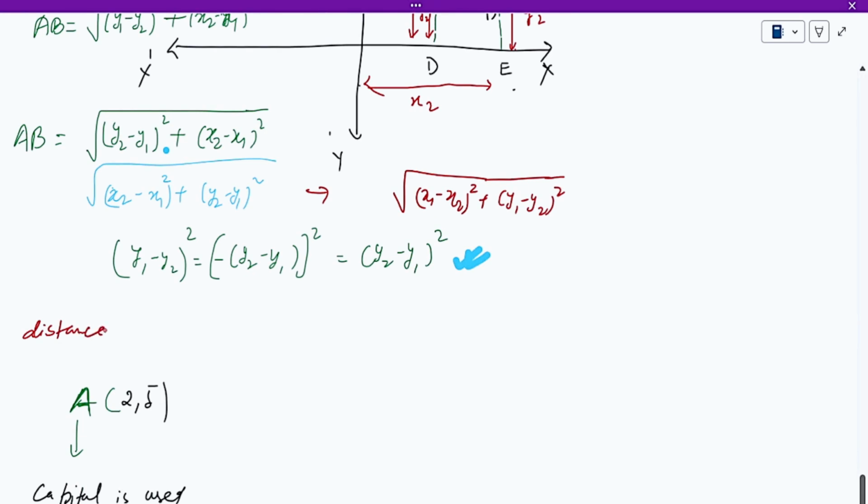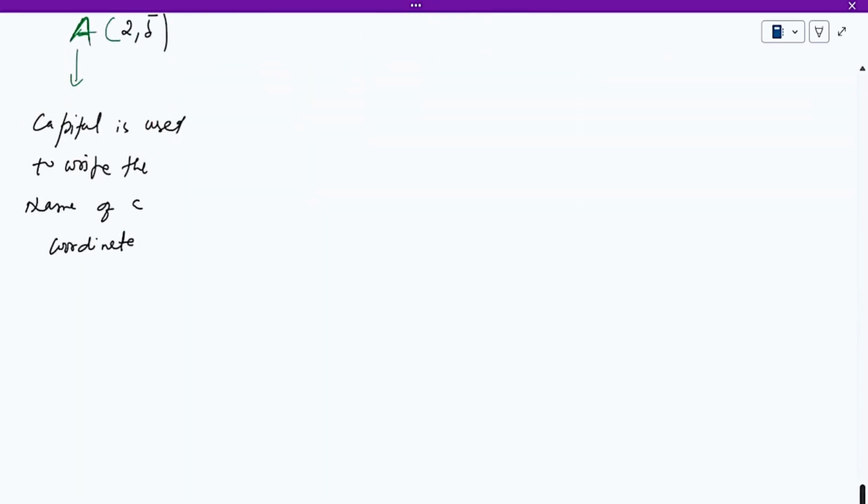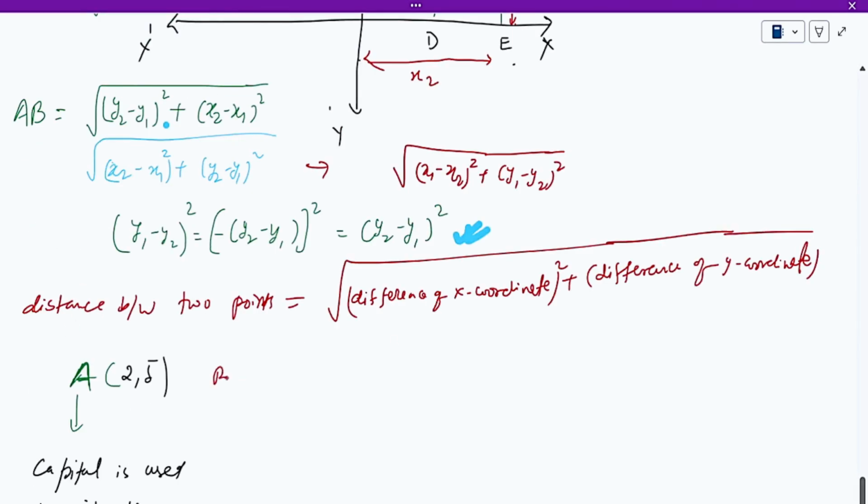means what? Distance between 2 points equals what? A square root of the difference of x coordinate squared plus the difference of y coordinate squared, right? So now can you tell me, this is a point A we have, and we have a point B